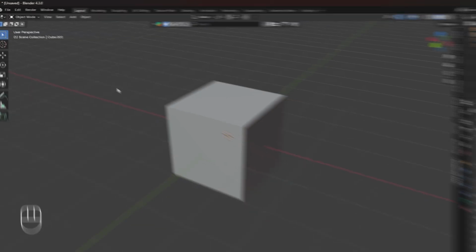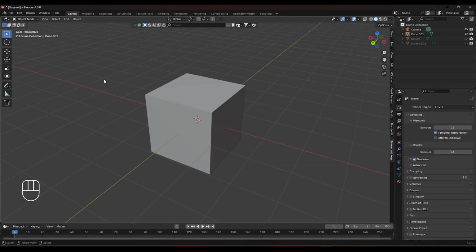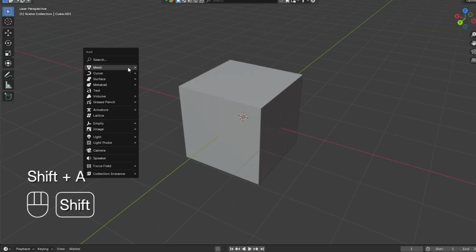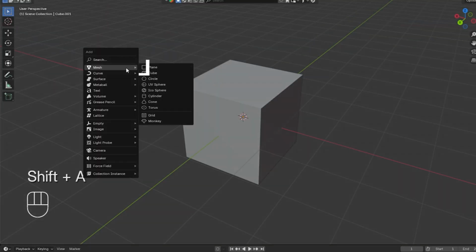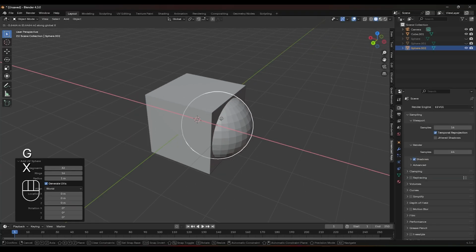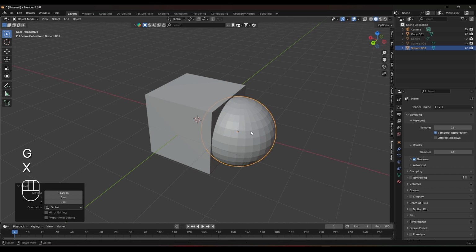Now, let's add two objects to work with. Press Shift+A to open the Add menu and choose Mesh. Start by adding a cube and a sphere. The cube will be your base object, and the sphere will be the one interacting with it using the Boolean